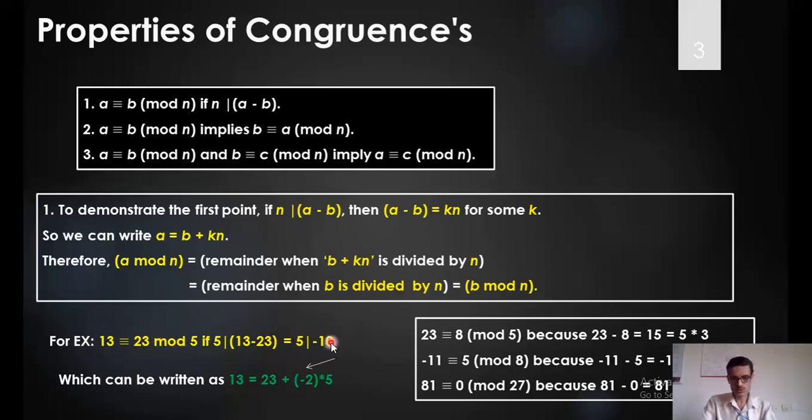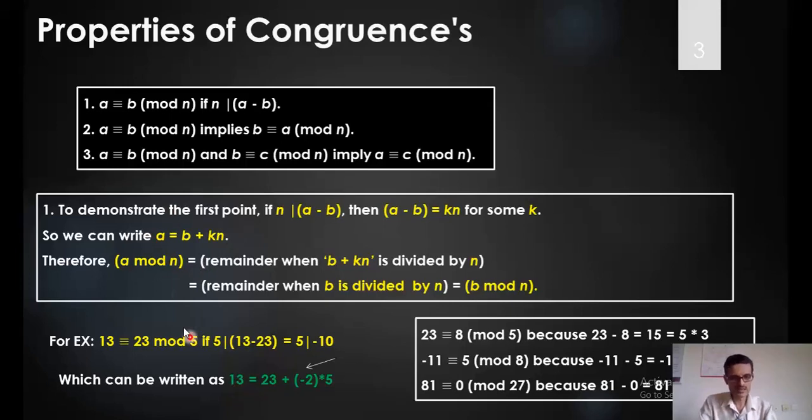In this case, the quotient is minus 2, because 5 times minus 2 is minus 10, which gives the remainder equal to 0. That means it completely divides. The quotient is minus 2, where this is whatever k we have taken here. So by using the division algorithm or this equation, I can represent something like this.